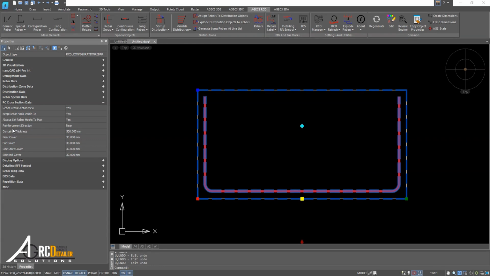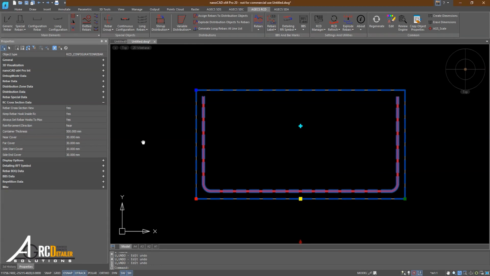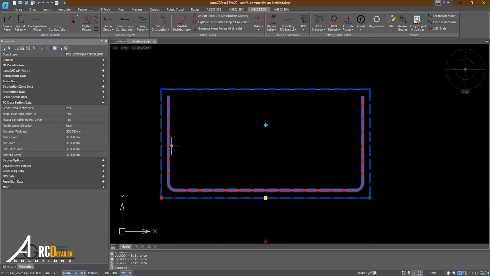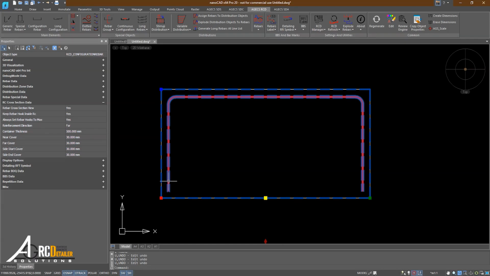Next, we have something called reinforcement direction. The default setting is near, which means it draws my reinforcement or my rebar, the straight part, at the bottom. If I set it to far, you'll notice that my rebar flips. So this is a quick way to flip the rebar. In that case, my covers remain the same. Therefore, the distance at the top, or the top cover, is still the far cover, not the near. It remains the far, and the part at the bottom is the near,